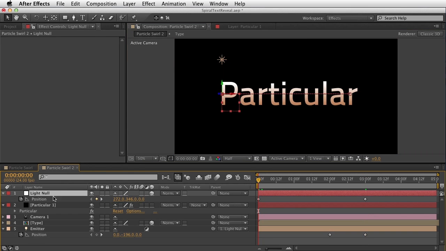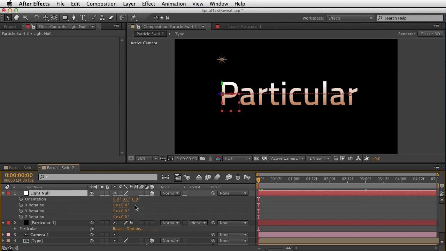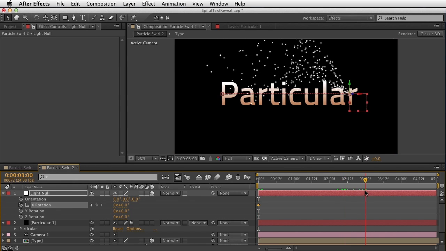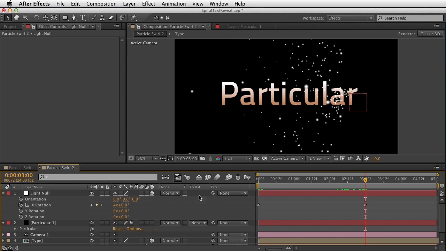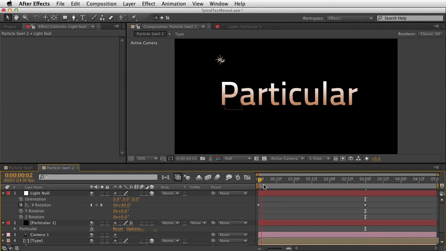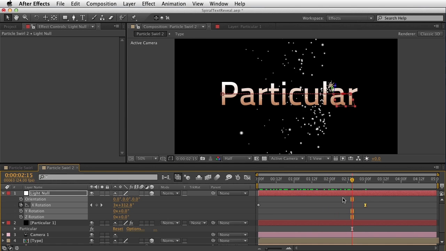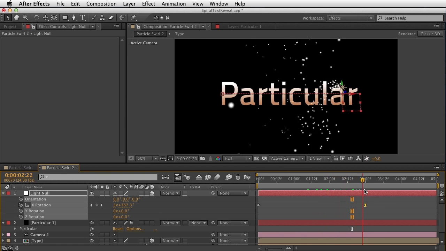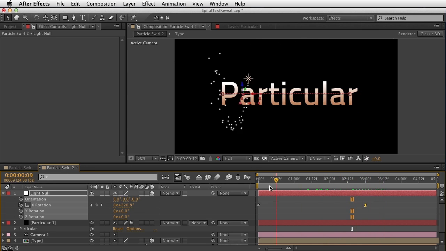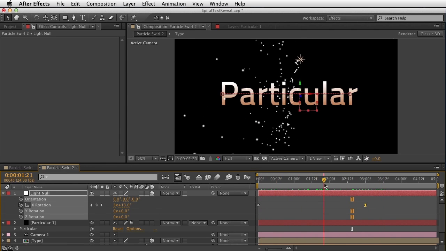So now I just need to do the rotating motion here. So I'll set a keyframe for the X rotation, and then at 3 seconds I'll set this to maybe 4 even rotations. I'll also hit F9 to ease that in. Now you can see a little bit of a circular path,